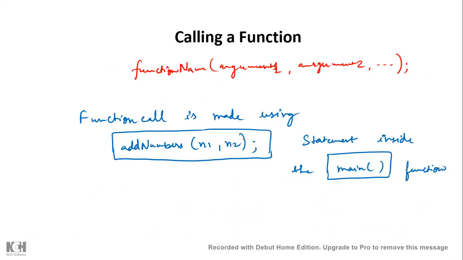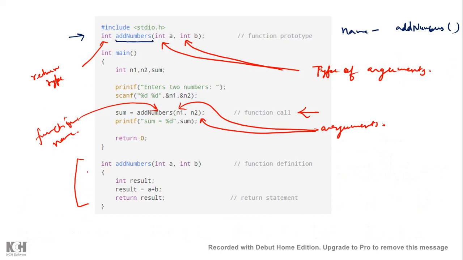If we look back to our previous example, this is the function definition part. Here our first statement has the return type, name of the function, and arguments, and this portion is the body of the function. Inside the body we write the code for what we want to do with this function, because this function is written for calculating the sum of two integers. So this function should return the result, which is the sum of these two integer values passed as parameters.